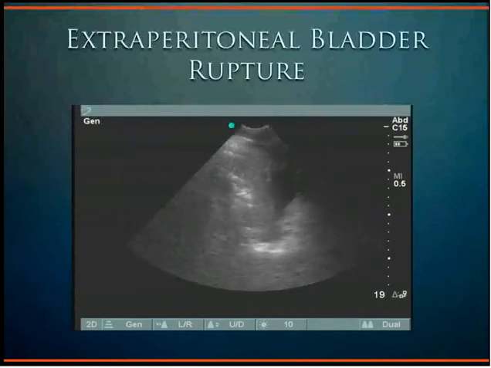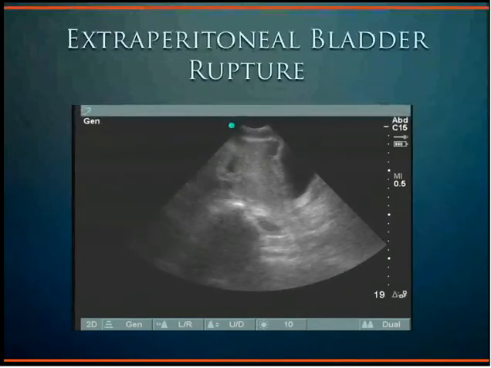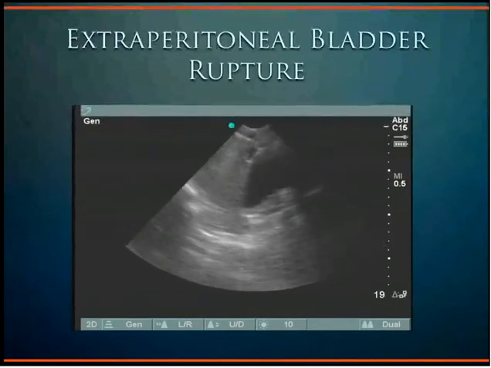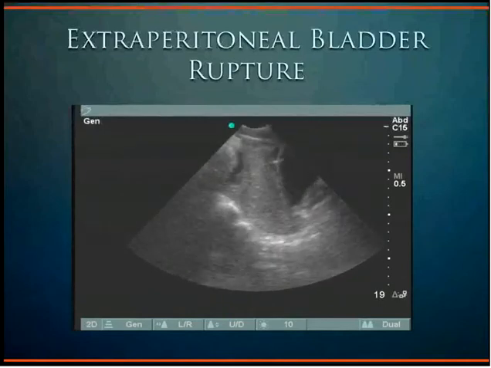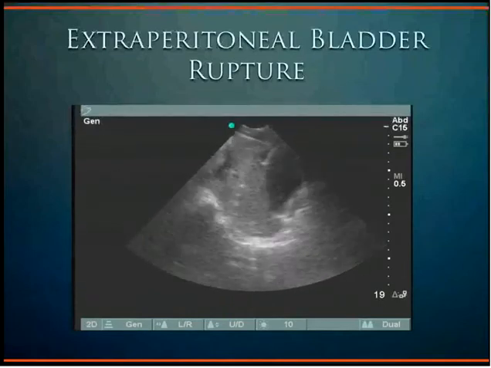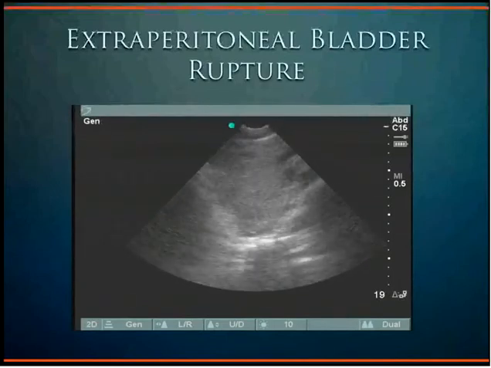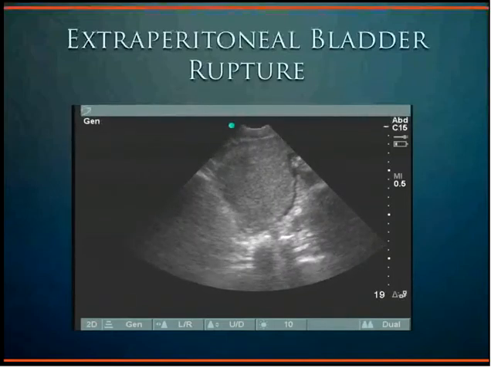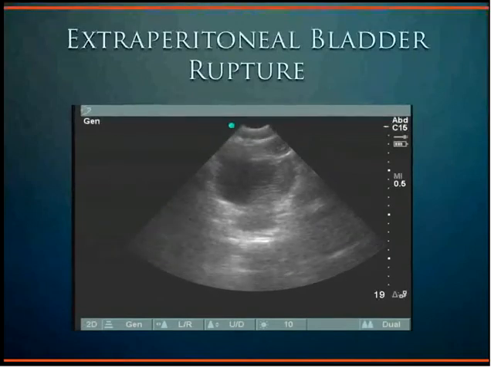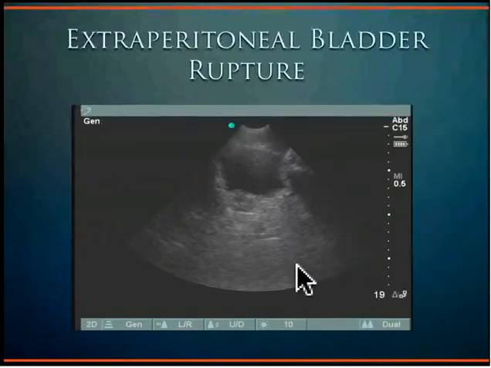This is a 52-year-old male who crashed his motorcycle on the freeway and had severe pelvic pain. He denied any abdominal pain and had a negative FAST exam for intraperitoneal blood. He had the continuous need to void but was unable to empty his bladder from his perspective. This is an extravesicular isoechoic structure